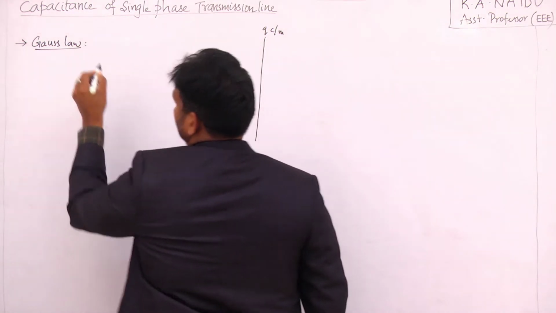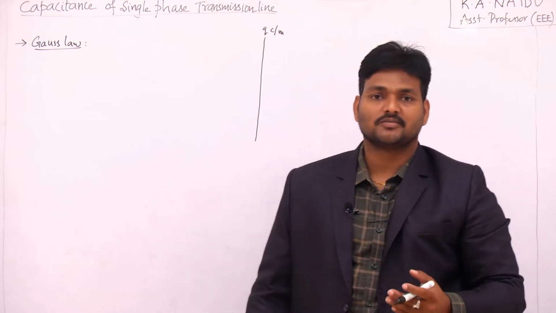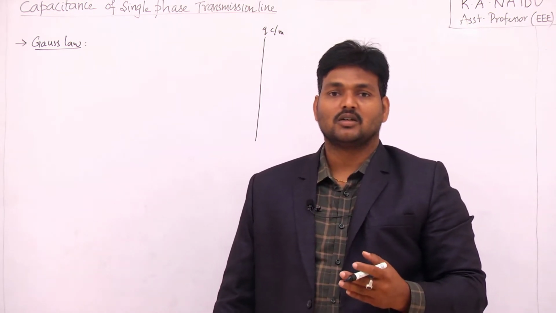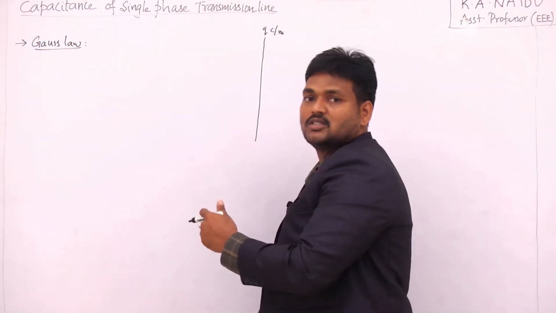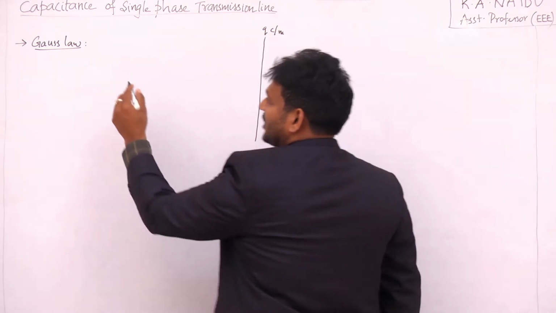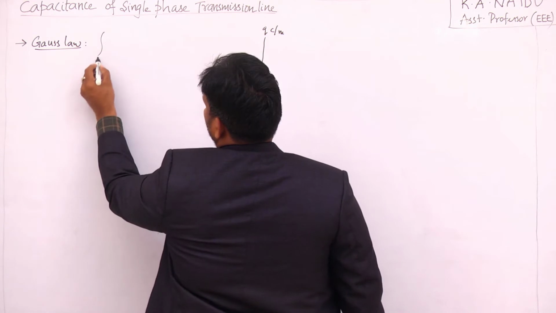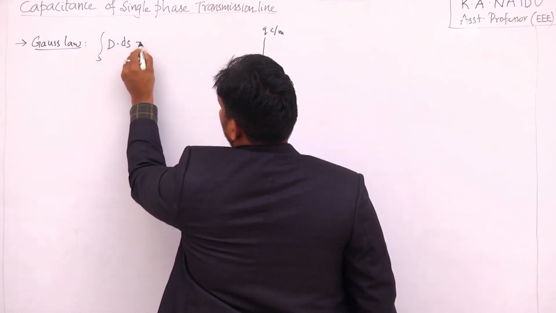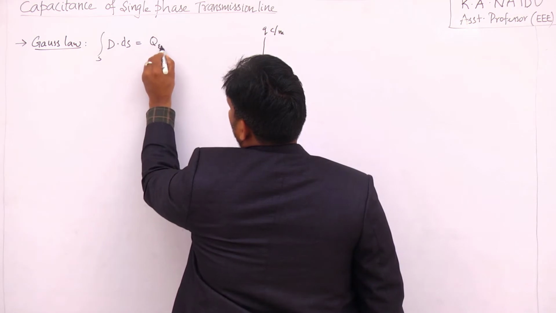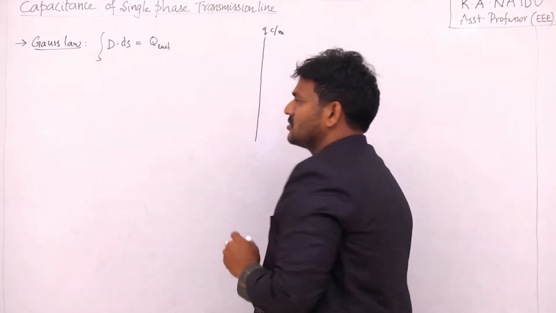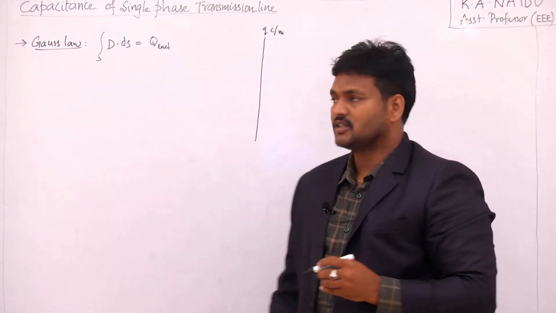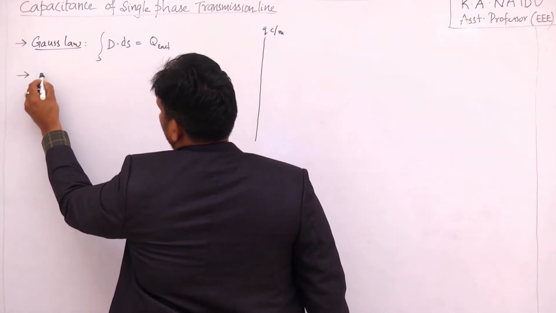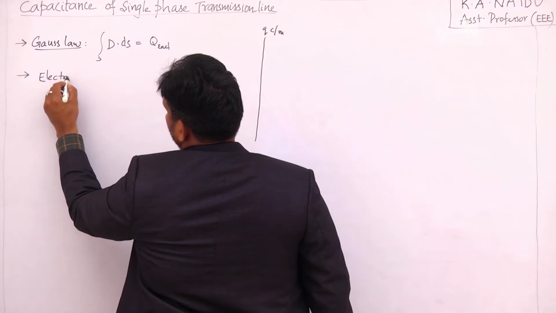What is Gauss law? Gauss law states that the surface integral of electric flux density is equal to the total charge that is enclosed. Mathematically, you can write it as surface integral of electric flux density is equal to total charge that is enclosed. After this, you have to find out the electric field intensity